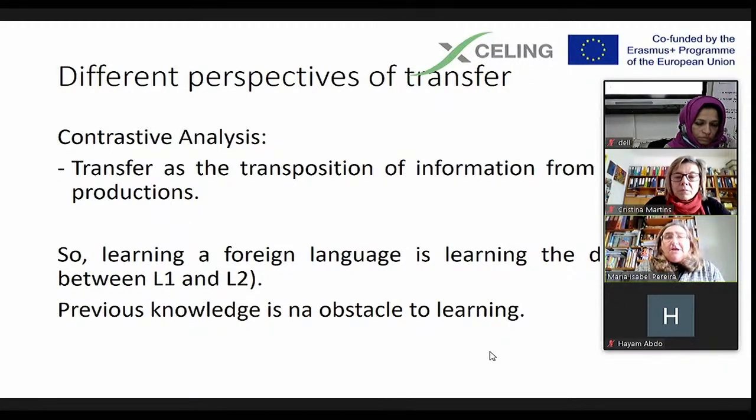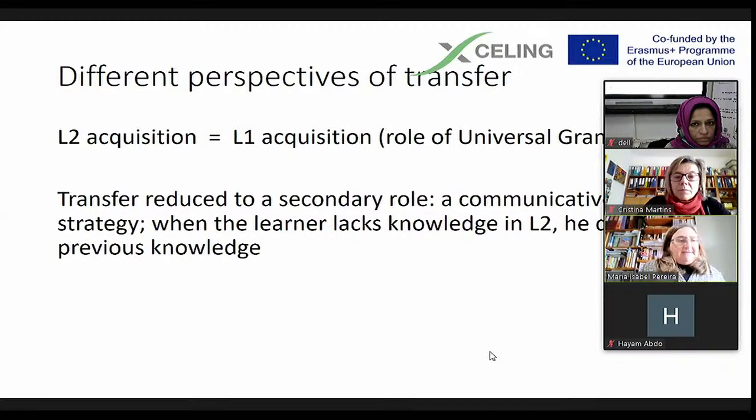Because L1 is different from L2. If the learner uses information from L1, it will make his task of learning L2 difficult. But, well, after that, we have